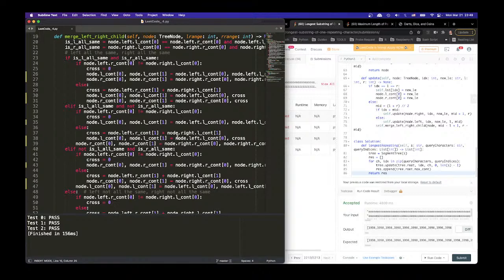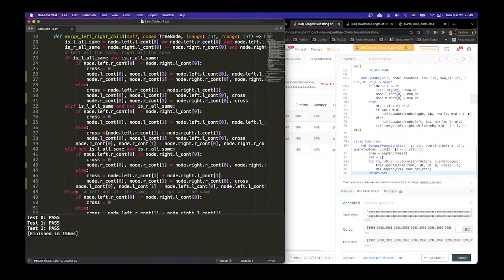That's still the same. The difference is, hold on. If left all the same, okay, and we say,